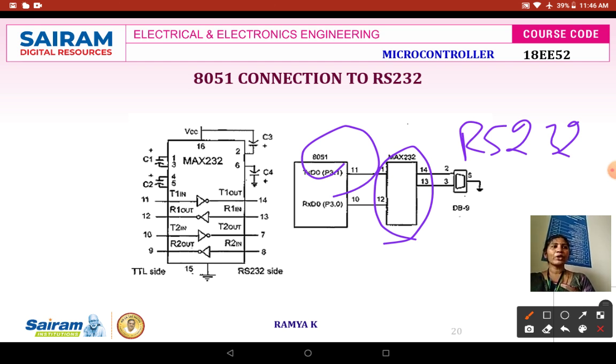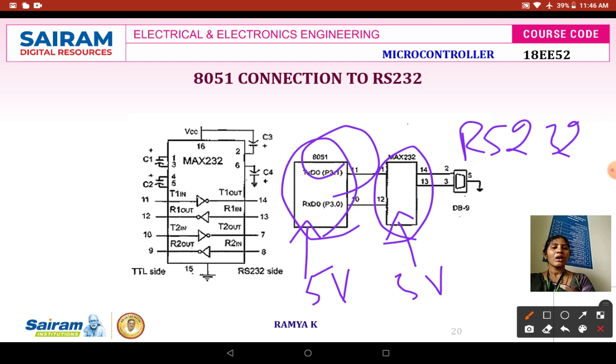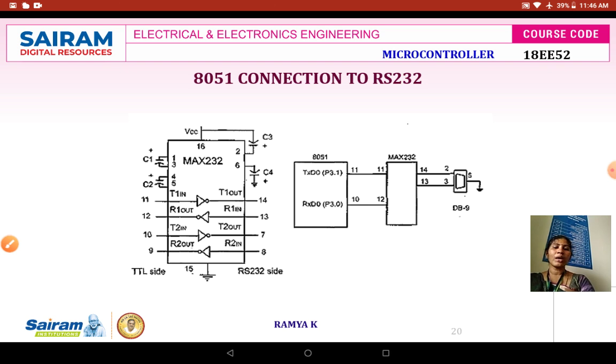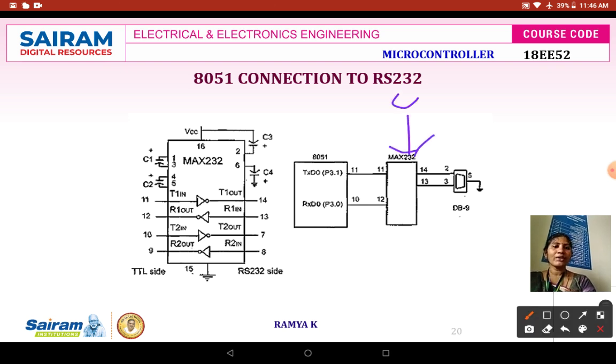So we need a dual power supply, because to make this IC work, we need to give 5 volt or 7 volt. Even to make this MAX232 work, you need to give a supply voltage. So we need to give dual power supply for this 8051 microcontroller and MAX232. This MAX232 has two sets of line drivers.